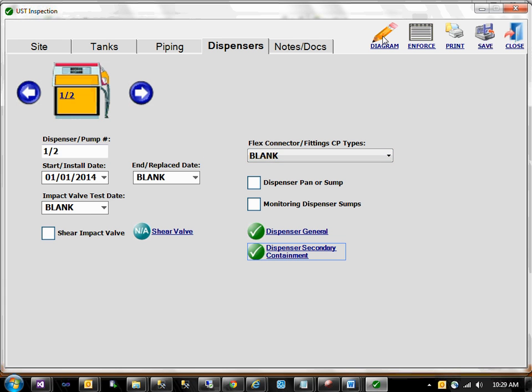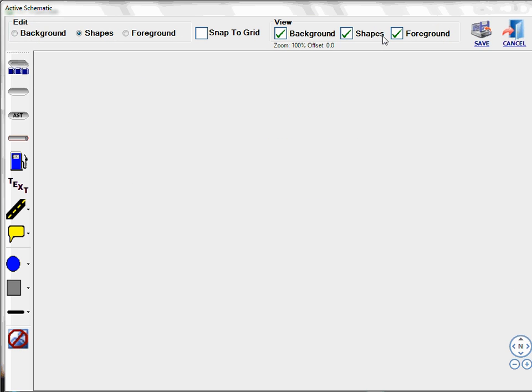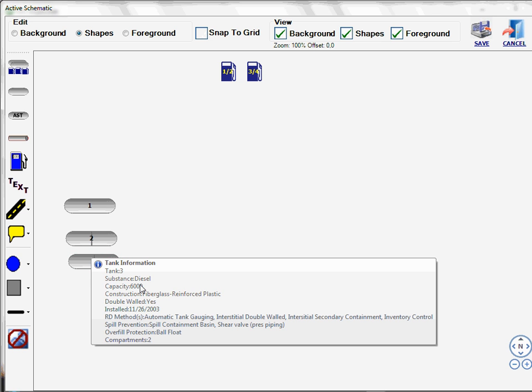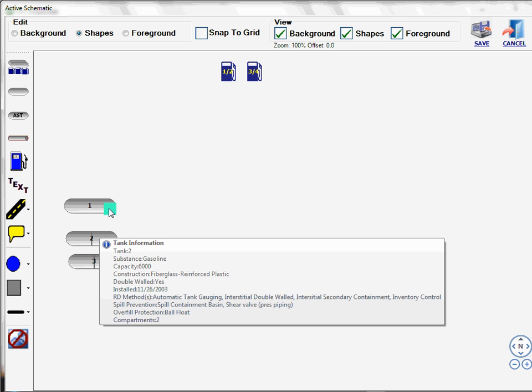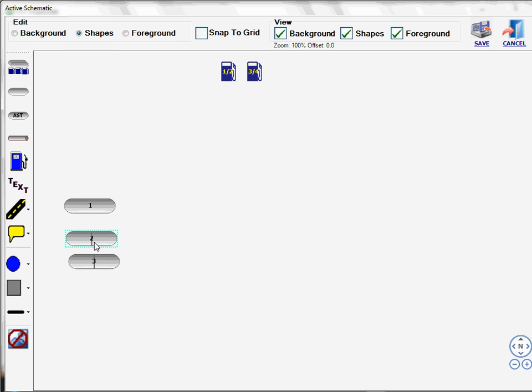But at this point, we can go in and generate the diagram. If we choose this button, it will add the equipment for the currently active tank. So it looks like we have 1 gasoline tank and 2 tanks that I guess are marked as compartment tanks, and that's why the line is through them. So one was the temporarily closed diesel tank, and then there's the 2 gasoline tanks, one of which is a split tank. And we could position the dispensers correctly and add a tank pad